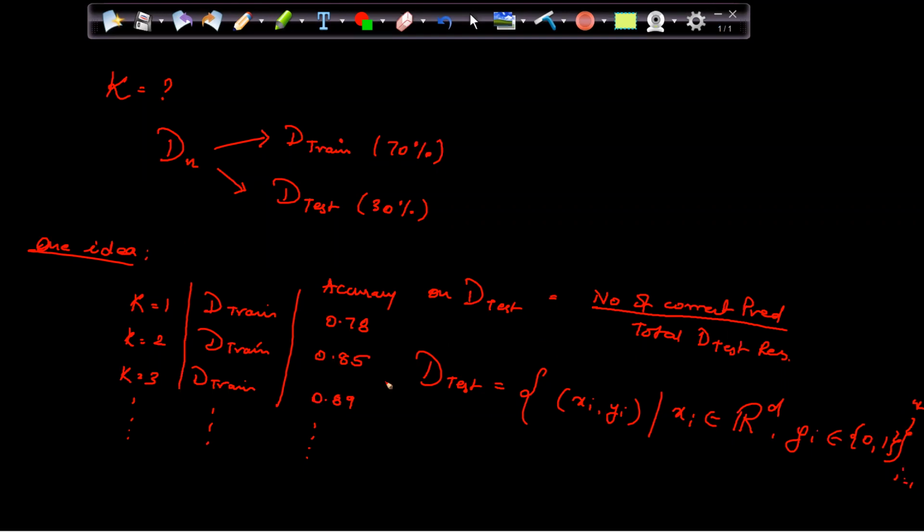Now I am taking these values of xi's. Let's say the first xi is x1, which is my query point, and I am predicting my yq, and this yq gets compared with the original yi. In the same way, we'll have the second record xq, where xq is 2, and I'll get some yq, which I again compare with yi. If it is matching, then it is a correct prediction.